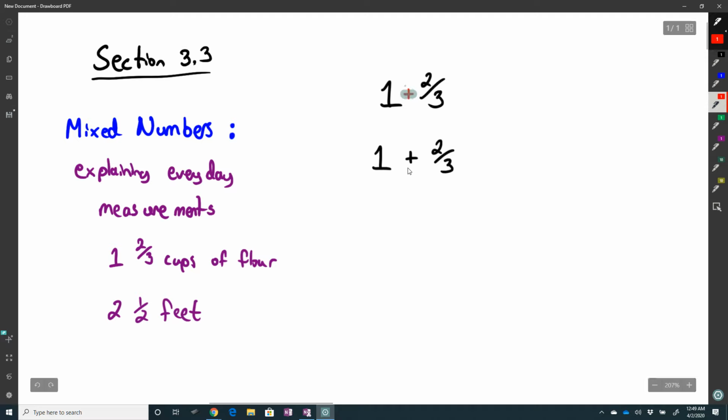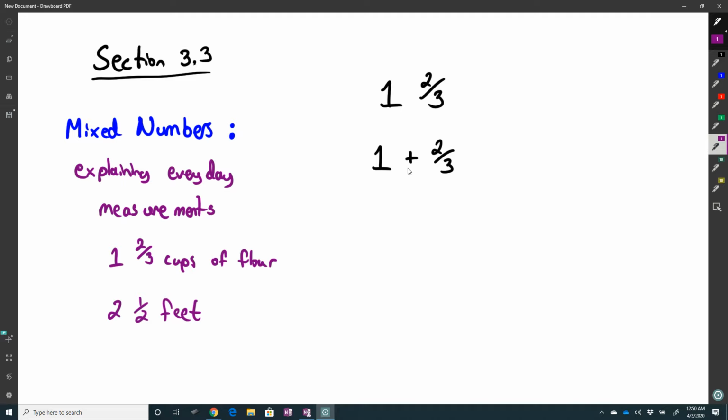So that's why we kind of get confused, because when we're doing higher level math, we avoid mixed numbers because it can be confused with multiplication, and you don't want that to be the case. So usually in higher level math, you avoid it unless you're answering a word problem where it's an everyday measurement. But anyway, let's go over the meaning behind all of these.